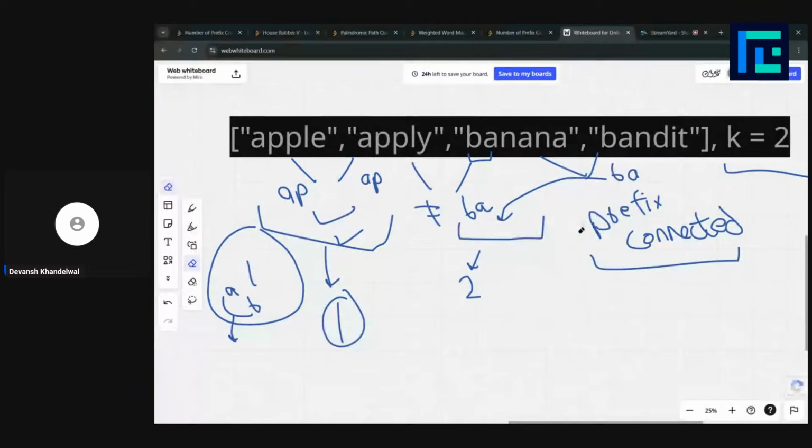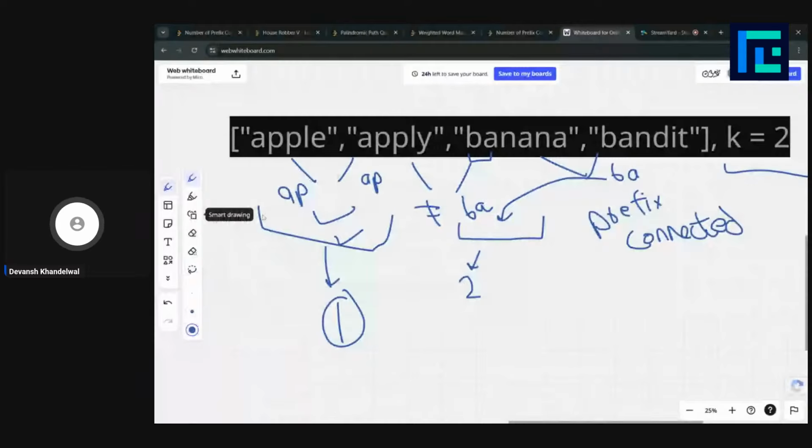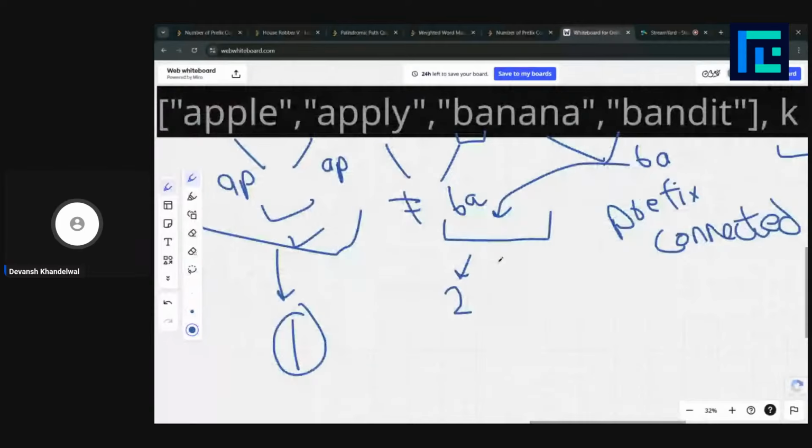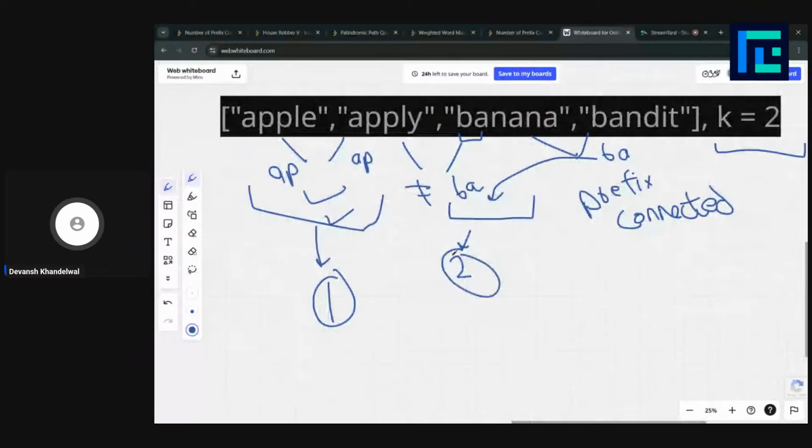Let me erase this. So this can be in the same group. Right. So how many groups do we have now? These two are in group 2, these two are in group 1. Are all the strings here prefix connected? Yeah, because all the strings have the same prefix here. Are all the strings here prefix connected? Yeah, because all the strings have the same prefix here.